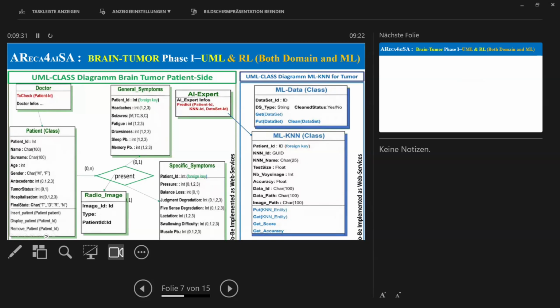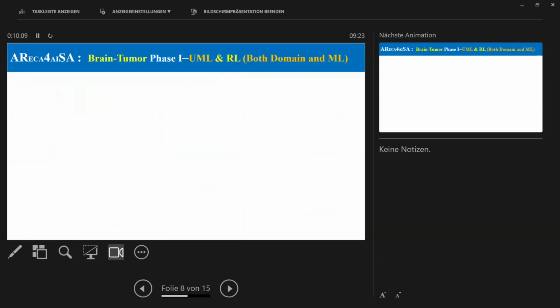On the other side, the dataset could be seen as a class first at this stage, then as a web service afterwards. For instance, the dataset can be cleaned as an operation. We get, we put, we cleanse, and so on. So this is the new thing that we enforce the AI or machine learning expert to express as UML what he wants to implement. Then this is the static side. The behavioral or dynamic side is the rules.